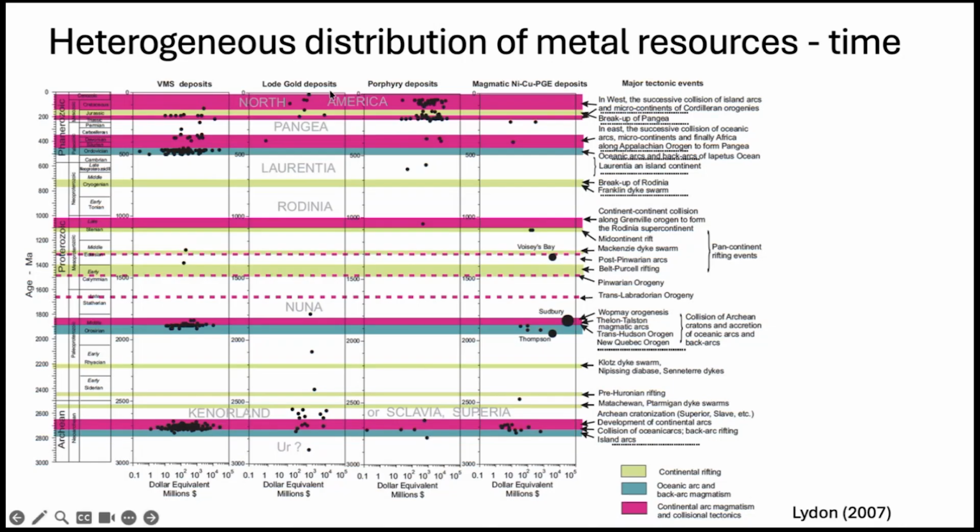Yes, Bob. So I look at this diagram, and your eye doesn't know where to go. It goes to the reds and the dots. So one of the reds with no dots is the Grenville, which is very near to you. Is Queen's University built on the Grenville? It's just to the north of us. Okay. So it's basically saying that was an event that was very much like what's going on today and what happened in the Phanerozoic. But then where are the similar ore deposits?